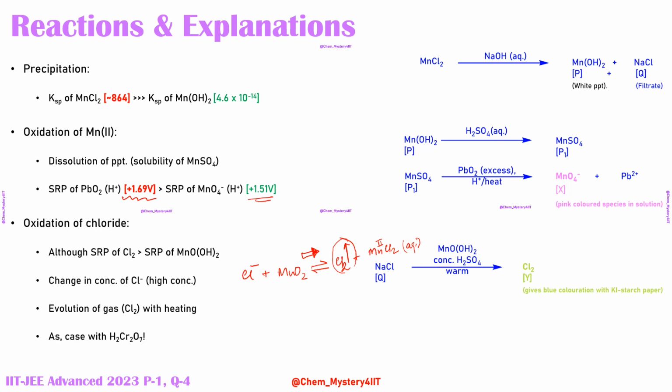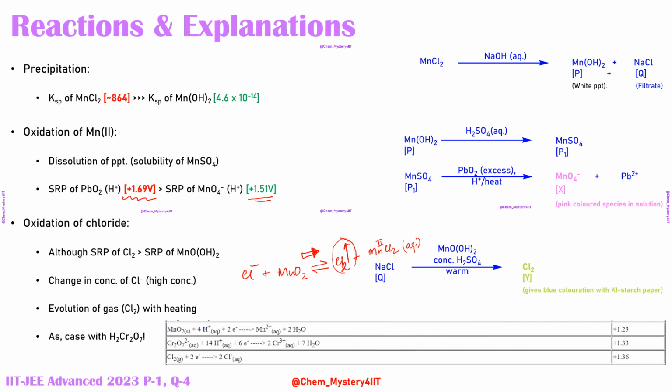Now, we have seen a similar situation with K2Cr2O7 as well. We know from the SRP data, here it is once again, that chlorine is going to have a higher positive SRP value in comparison to potassium dichromate in acidic medium. Still, we have seen we can oxidize HCl using K2Cr2O7. If the concentration of HCl is kept very, very high, and the concentration of Cr2O7 is also kept very, very high, then